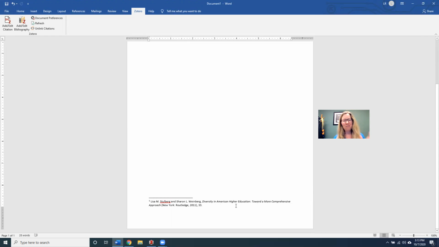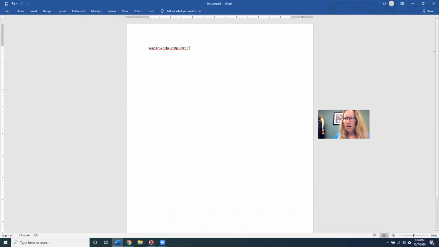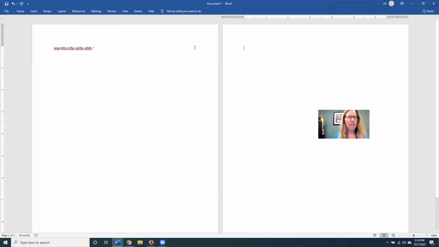So Zotero is especially helpful if you're using footnotes, because when I was doing footnote style, it was a real pain to format the footnote in a certain way, and then your bibliography you have to format a different way. Okay. All right, so you can go through your paper and add all your different footnotes. And then when you get to the very end of your paper and you're adding your bibliography or your reference list,